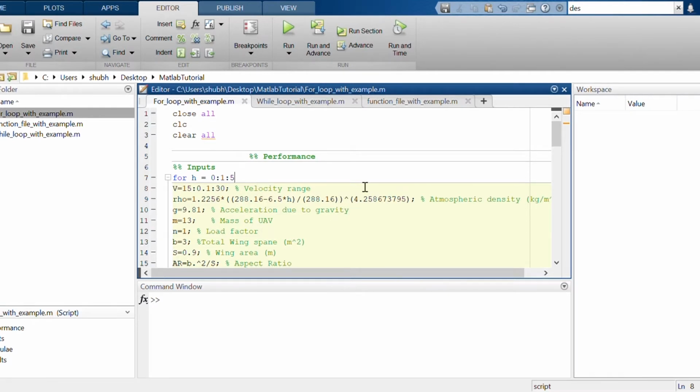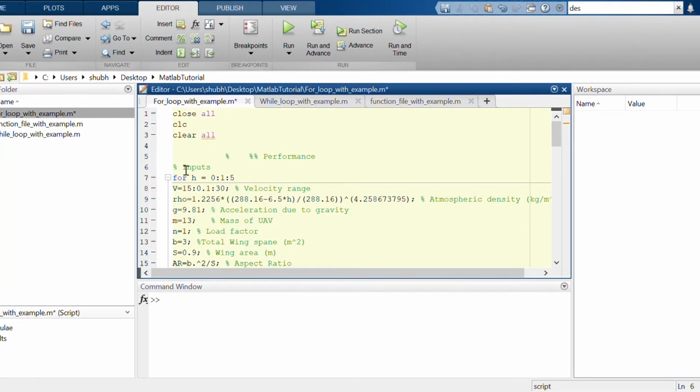As you can see, this is an example of a for loop. Here you have defined the input. You can see that the input is written in green color. This is basically a comment. The percentage sign shows a comment. If you write anything like A, B, C as a comment, it will not be part of your program, but for your reference you can see what you have written. So if you put 1%, 1% will look like this.